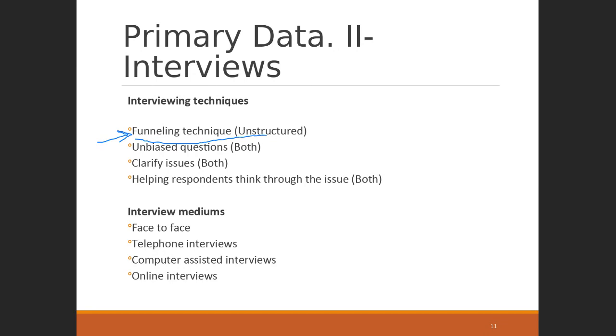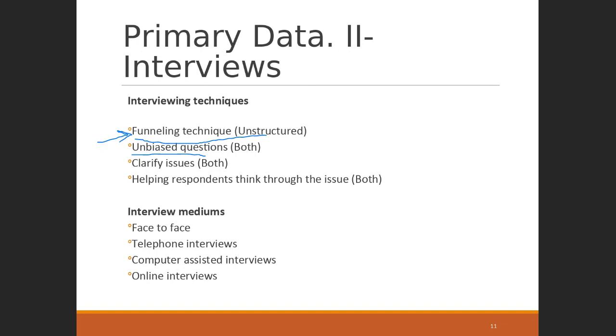The second important thing is being unbiased. You need to ask unbiased questions, because if you don't, then you introduce systematic bias into the research process, which is very difficult to identify, and your results will be highly affected by it. For instance, if you want to know about the experiences of the people regarding their job, a simple question would be like,